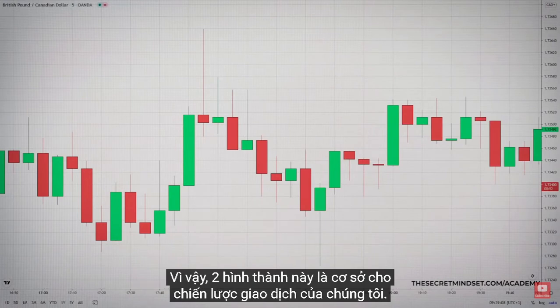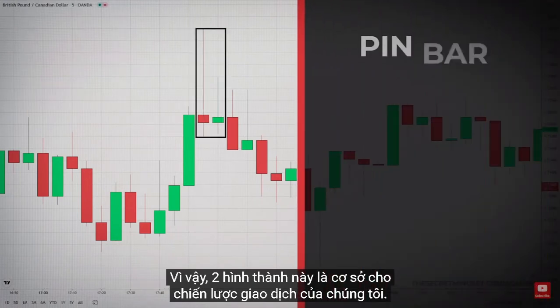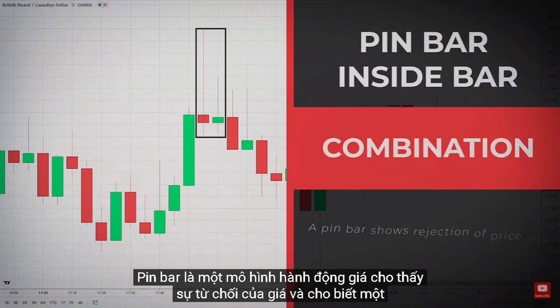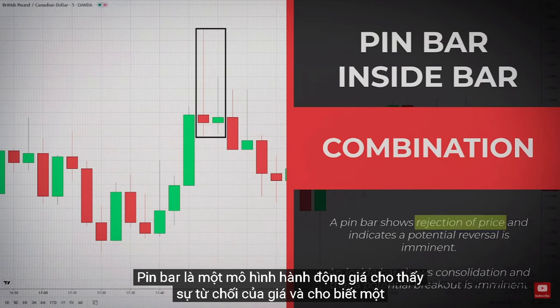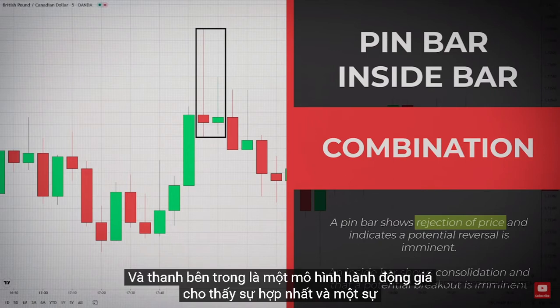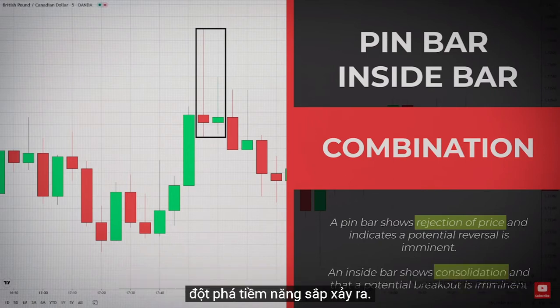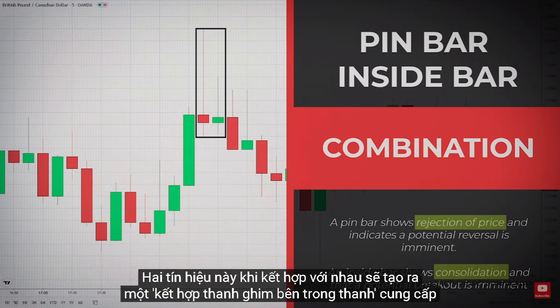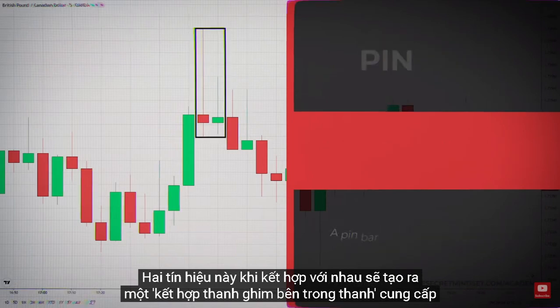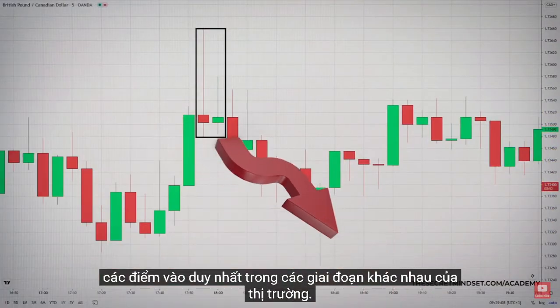So these two formations are the basis for our trading strategy. A pin bar is a price action pattern that shows rejection of price and indicates a potential reversal is imminent, and the inside bar is a price action pattern showing consolidation and that a potential breakout is imminent. These two signals, when combined, result in a pin bar inside bar combo that offers unique entry points in different